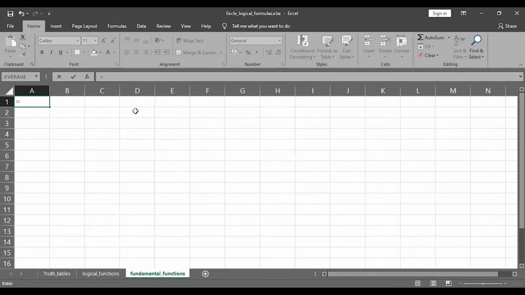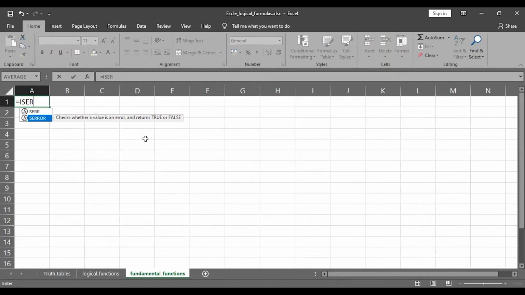So the syntax of the ISERROR function is ISERROR of a value. What it does is it checks whether a value is an error and returns true or false.